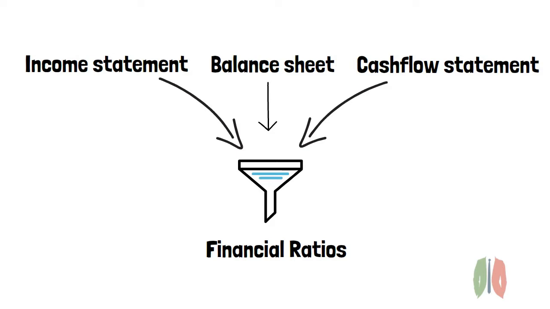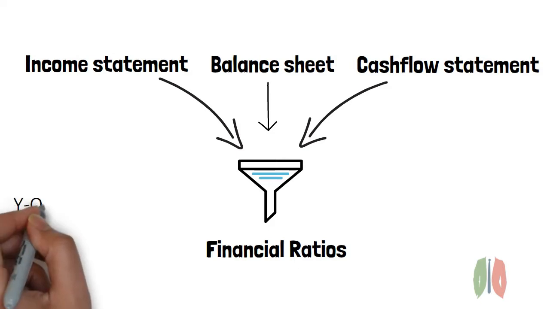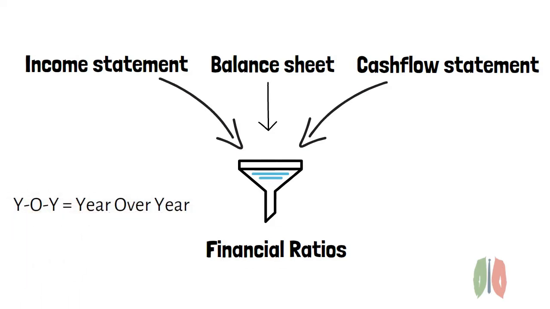All the financial ratios have one or more ways to calculate, but the actual results are somewhat near. Some of the terms we need to know before going into ratios are YoY, which is year over year, and QoQ, which is quarter over quarter. We will be comparing ratios year over year, meaning the previous year's ratio and this year's ratio, to see whether the company is growing or not.